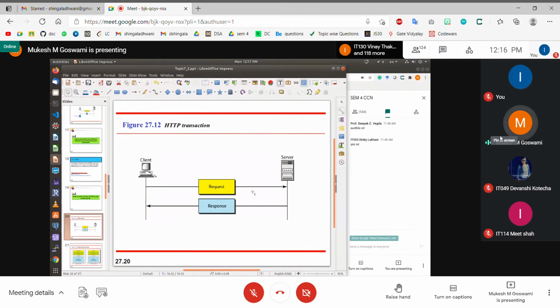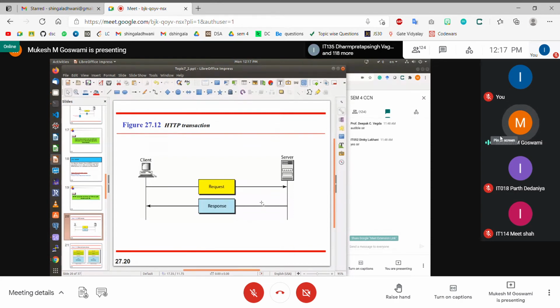That is called session management, HTTP session management. It is the job of the application developer to maintain the session explicitly. But the HTTP protocol itself does not maintain any status or track any request. For the HTTP server, every request is a new request, independent of the previous request made by the same client or by other clients.